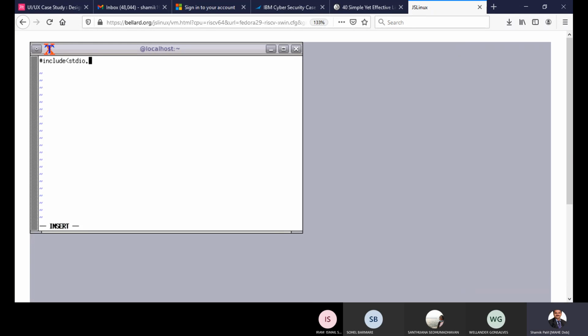So that is called the standard header file. After that we will take the main function, int main,